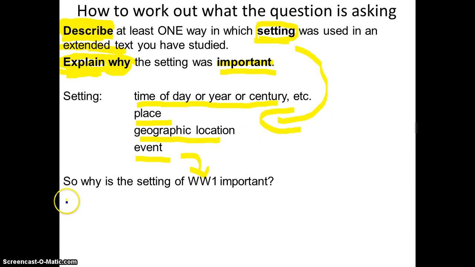Okay, so that is how I've rephrased it here. This is the statement or question that I've rewritten for myself. So, why is the setting of World War I important? That's what the poem is about. It's about World War I. It's about exposing the setting of World War I. Why does that matter? Why has Wilfred Owen done that? So in the next tutorial, you'll see the 3 reasons, which is one for each paragraph, that I've come up with that show why this setting is so important.